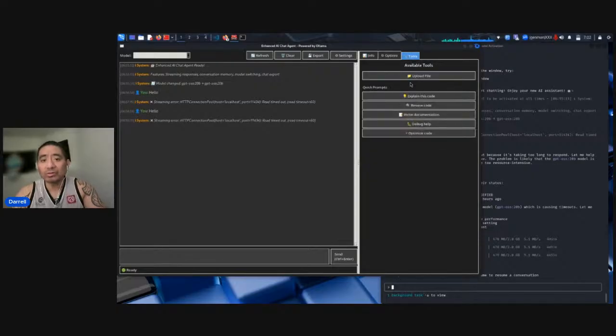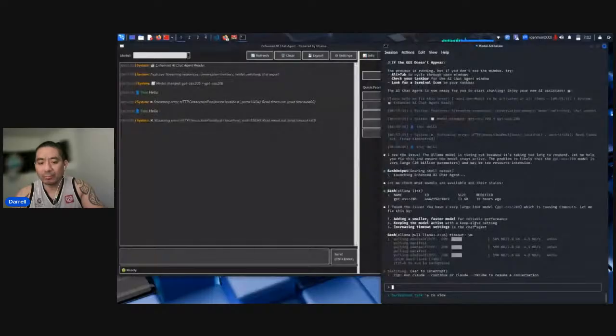In the tools section, I can upload a file, which I haven't tried yet. I can use quick prompts, such as explain code, review code, write documentation, debug help, and optimize code. I want to explore more with these prompts once I get this model to start working.